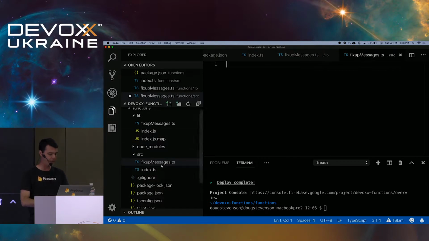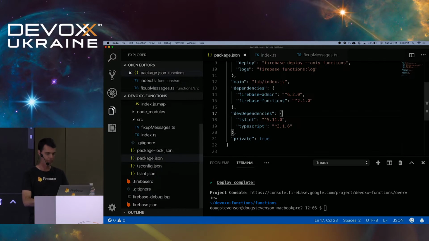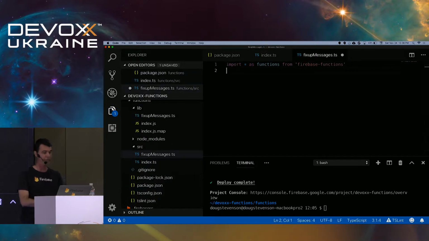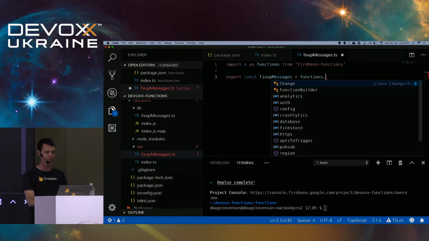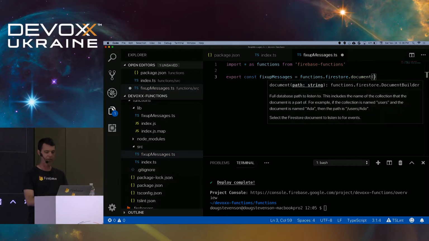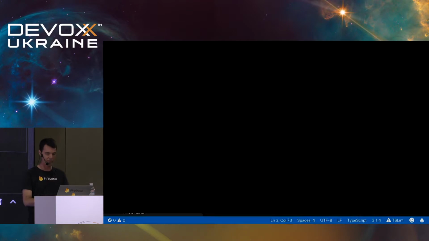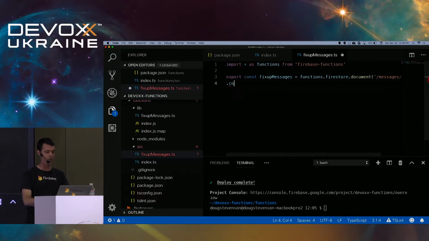Okay, so what I can do here is copy some of this that came out of index.ts and paste it in here. So I'm going to use the Firebase Functions SDK, and I'm going to export a new function called fixupMessages. And I'm going to use the Firebase SDK to declare a Firestore trigger. That Firestore trigger is going to trigger when a document changes. And the document I'm looking for is a pattern. I'm going to say anything under the messages collection. And so this will trigger anytime there's a new document added. So onCreate